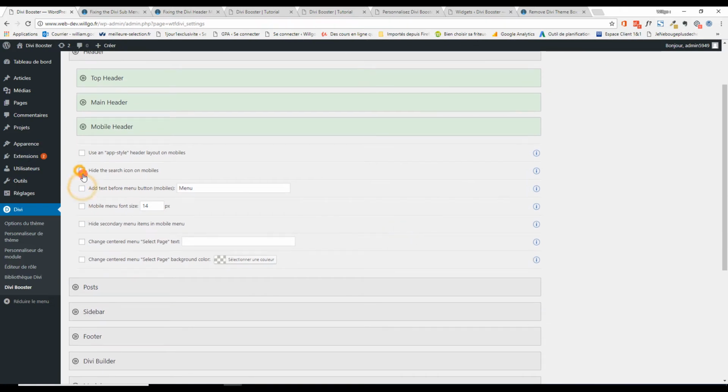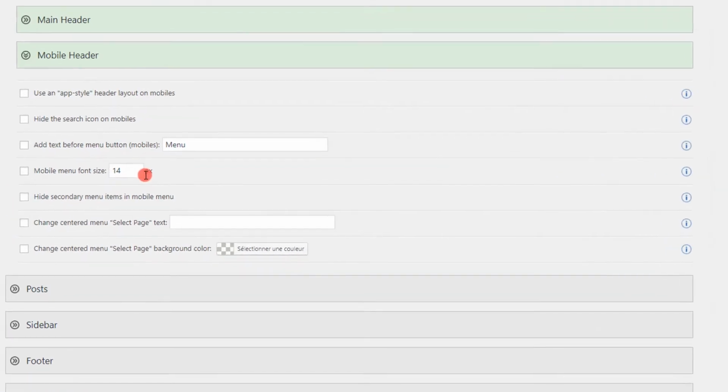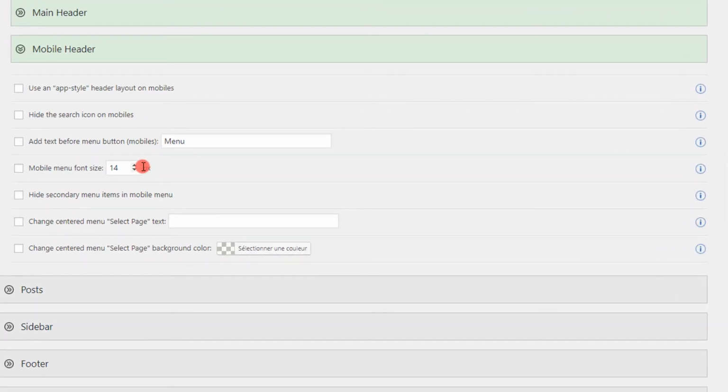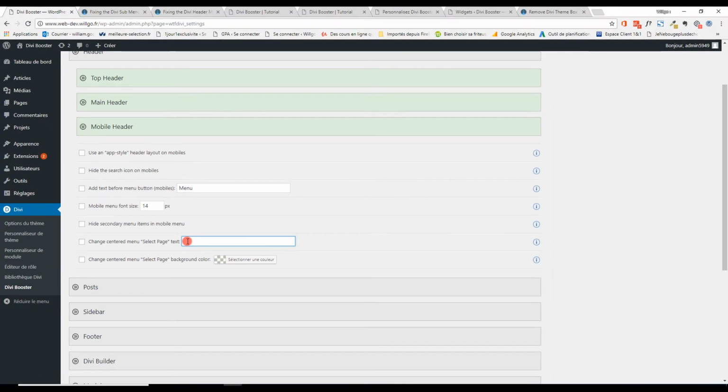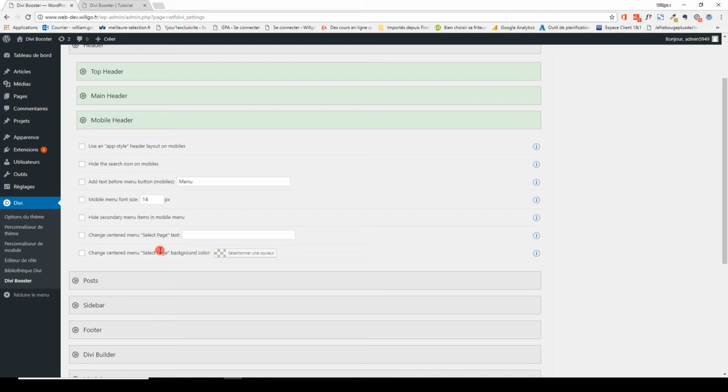For the other options, you can just change the menu font size on mobile. By default, the menu on Divi is on the right side, but you can choose to have centered menu. When you choose this option in Divi appearance, then your mobile menu will be in the center, and it's going to be written select page. If you don't like the word select page, you can change it and make whatever you want. You can write, for example, menu, like I did in the previous example. And finally, you can change centered menu, select page, where it's written select page, background color. We are done with the header,